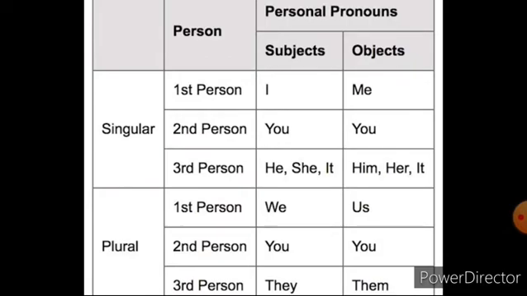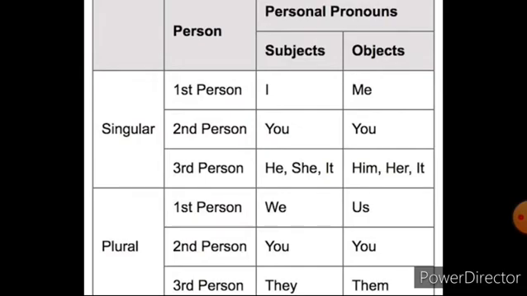What do you mean by first person? First person means the speaker referring to himself or herself. That is known as first person. Look at this column. The first person is there in the singular only. In the first person singular, what is the subject? I. I is the person who is speaking. So it is the singular form, first person.